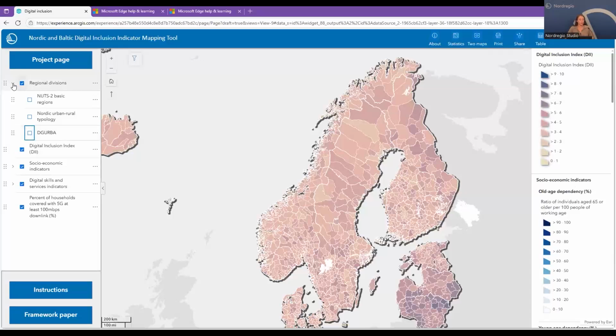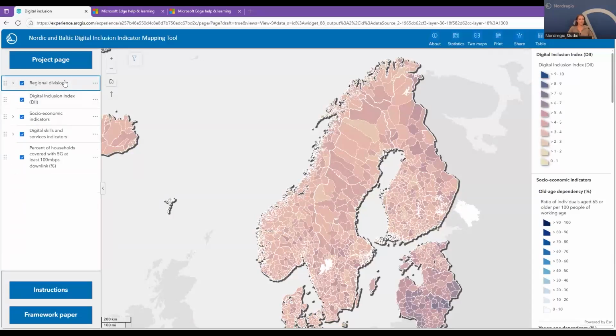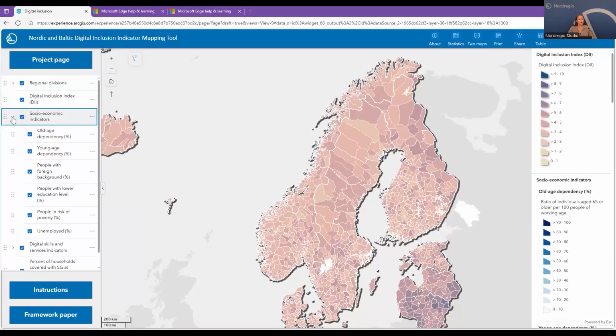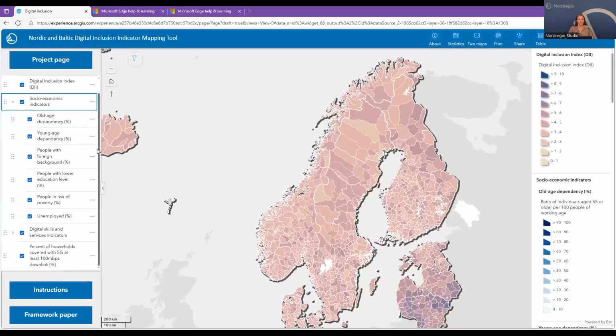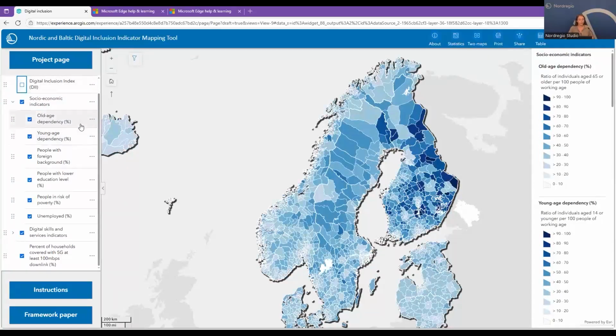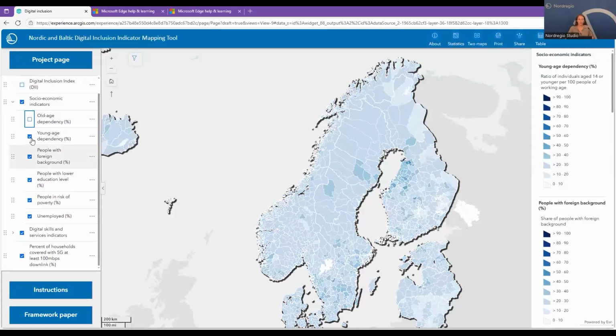That was the first area of topics. The second one is the socio-economic indicators that my colleague Maja has been talking about previously. These are the indicators about the groups that are typically highlighted as being at risk of digital exclusion. They are layers connected to the old age dependency factor, the young age dependency, and people with a foreign background.